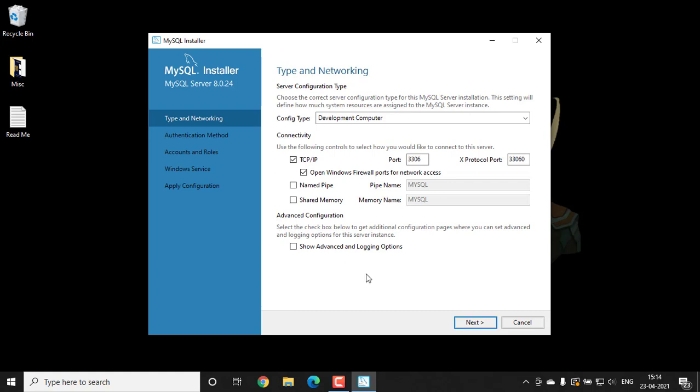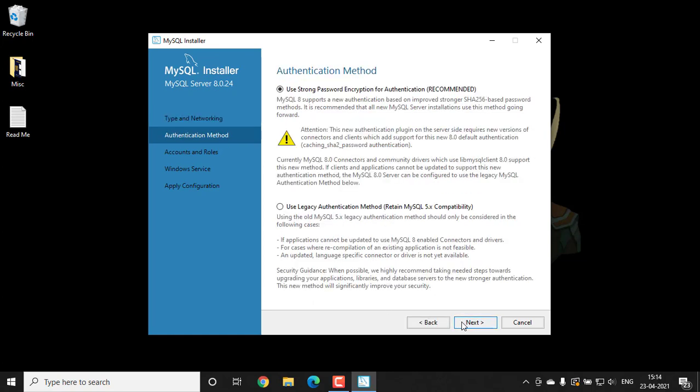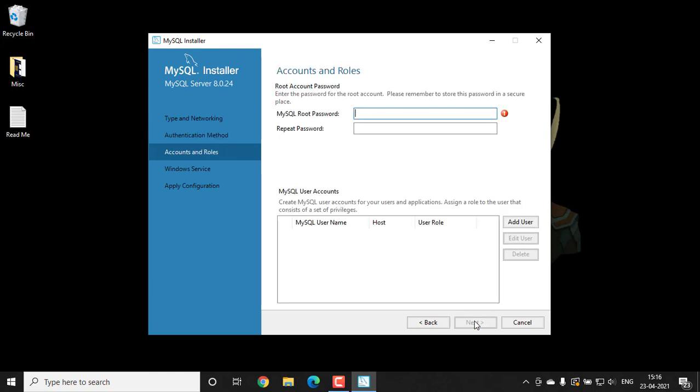Now we will see this option, type in networking. It shows port number 3306. Do not click on anything and just click on next button. Here it shows use strong password encryption for authentication, and I would also recommend to choose this option and click next button.